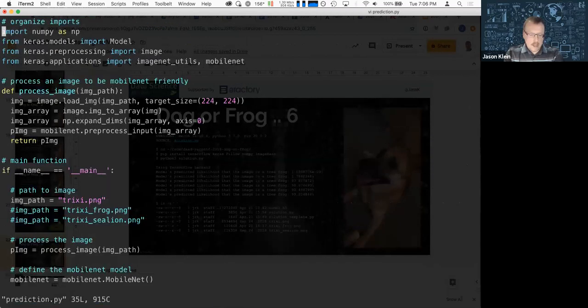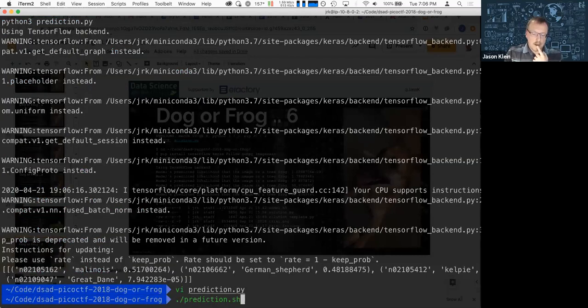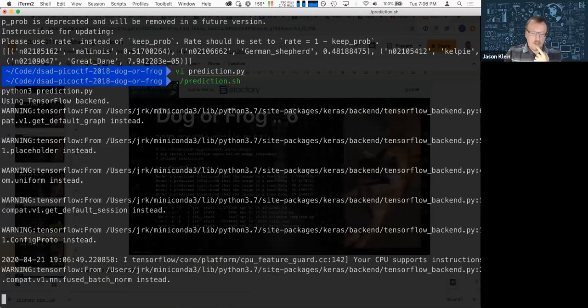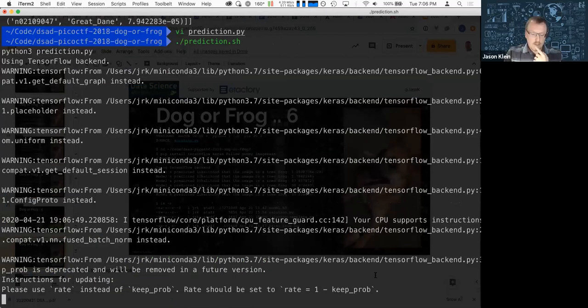But now if we change the image to that frog that was just generated by our attack script, and we run the prediction again, hopefully it shows that it's 99% sure this is a tree frog. Okay, it's about done. And there you go.